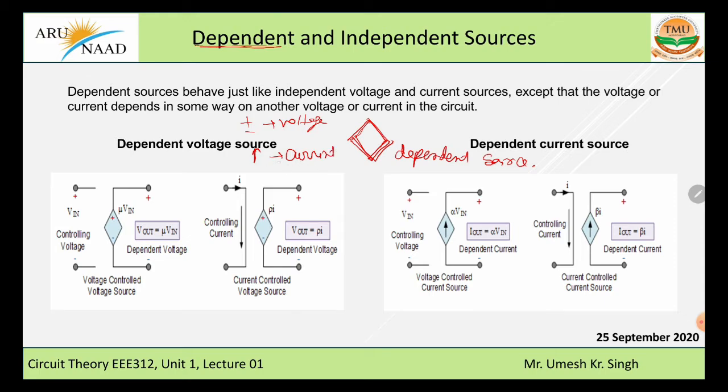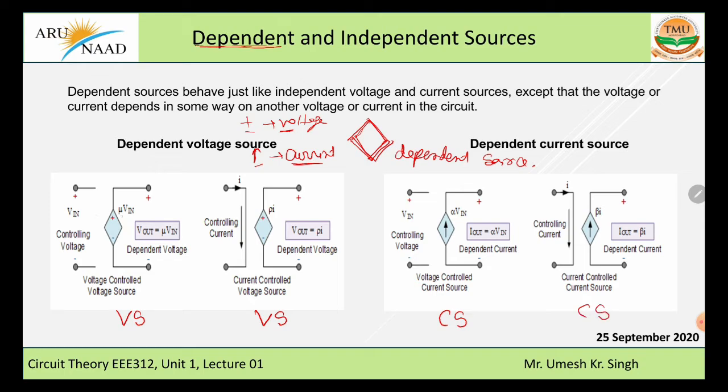So plus minus is voltage and arrow means current. Now looking at this source, it has been written as plus and minus, which means this is a voltage source, and we can write it as Vs, meaning voltage source. This is again plus minus, meaning voltage source. This is an arrow, meaning current source. Again an arrow means current source.